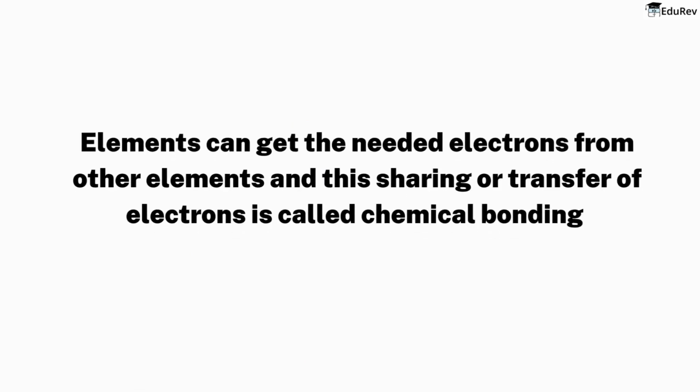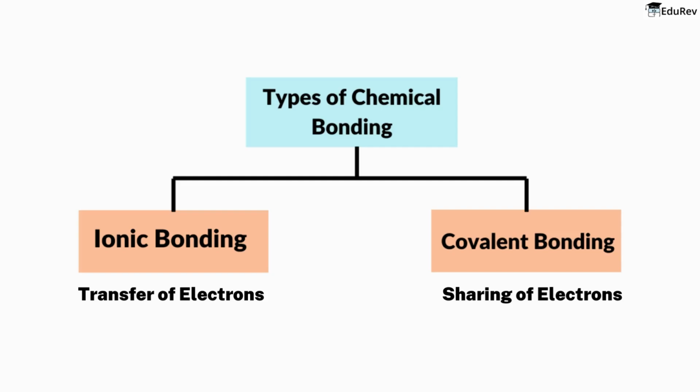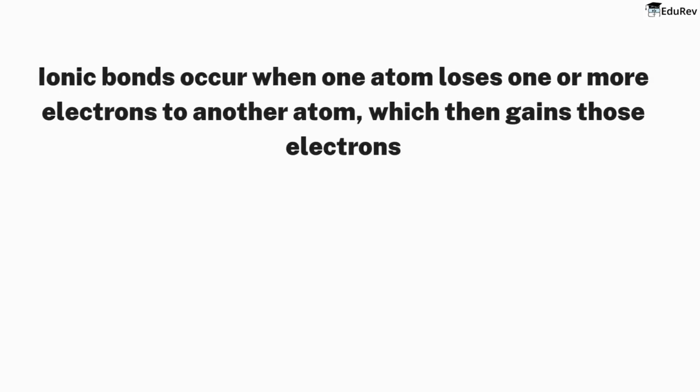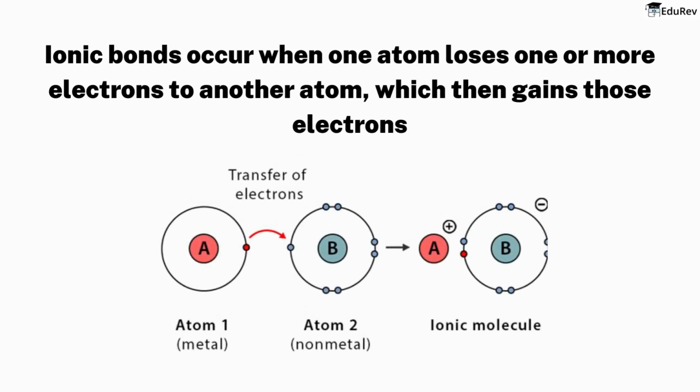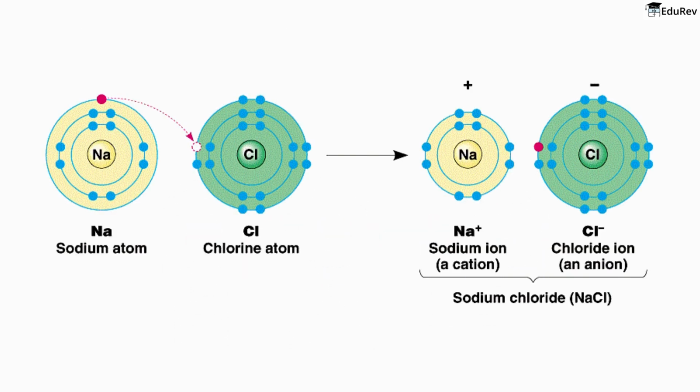Now these elements can get these electrons from other elements, and that is called chemical bonding. Atoms of different elements can bond together through either ionic or covalent bonds. Ionic bonds occur when one atom loses one or more electrons to another atom, which then gains those electrons. Ionic bonds occur between metals and non-metals. For example, sodium, Na, and chlorine, Cl, can form an ionic bond to create sodium chloride, NaCl, also known as